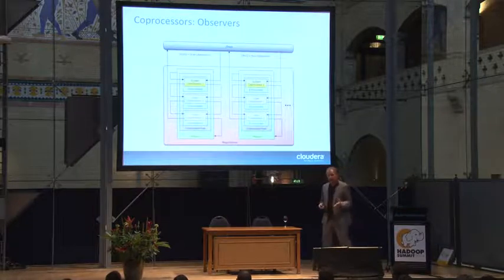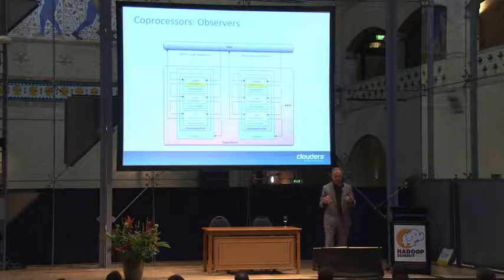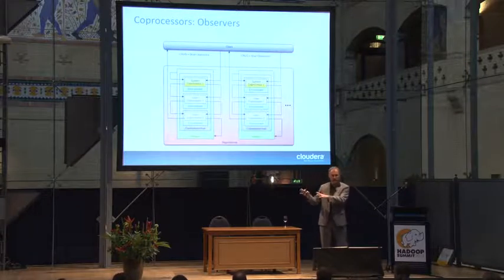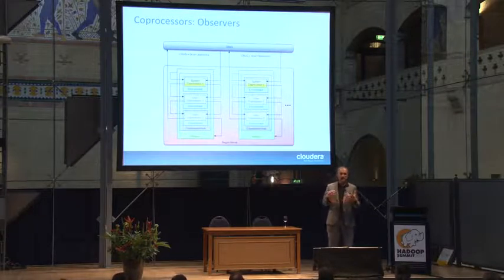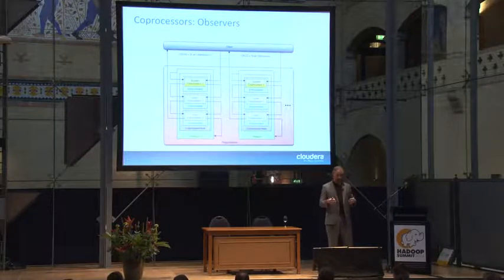On the other hand, I mentioned coprocessors is the other big thing that we added. Coprocessors, I said, is code that you can run: you program against an interface, build a jar file, and then upload this to the server, and then you can deploy functionality into the server where the data resides. So you can run little programs that do something directly at the region level. That sounds great, because it's where the data is.